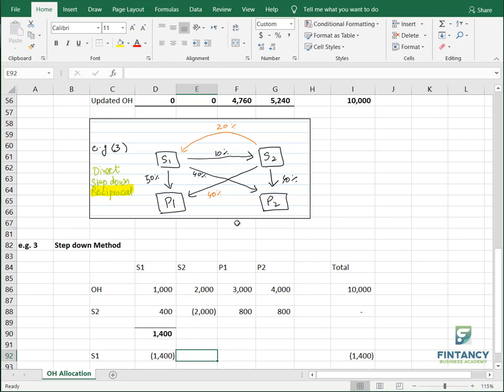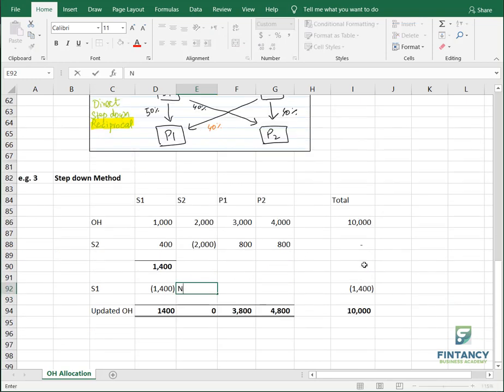So you start with one of the service departments and then you don't go back again to that service department. Okay. So basically here you will write not applicable. Getting the story, everyone? We cannot allocate back to S2. We are sorry. Okay. So what we will do basically, we will take the remaining ratio.